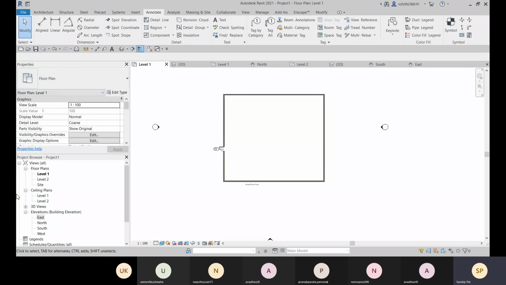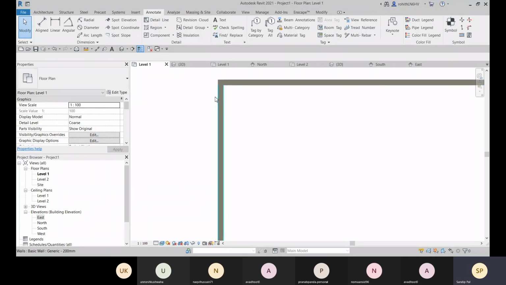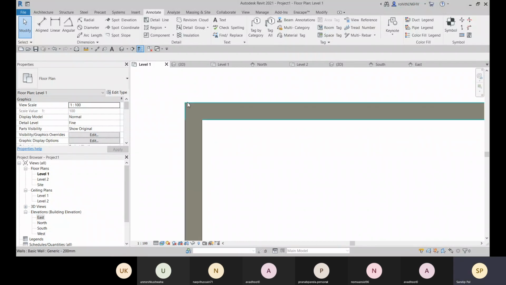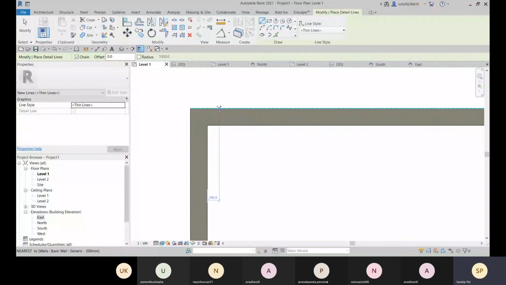Now let me go to this annotate, and here we have some detail components to create with any detail line. If you want to add any detail in your 2D views like this plan view or any elevation, if that detail is not added, so you can go to this detail line there.